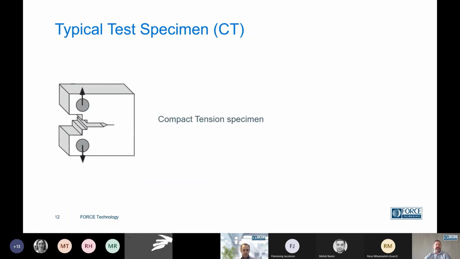Okay, a typical test specimen. Here we see a compact tension specimen. Now, as the word says, it's tested in tension. The specimen geometry is important. So things like width, height, length, these have to be closely controlled. We also see that there's a machined notch, and sometimes there's a fatigue pre-crack. So here's our machined